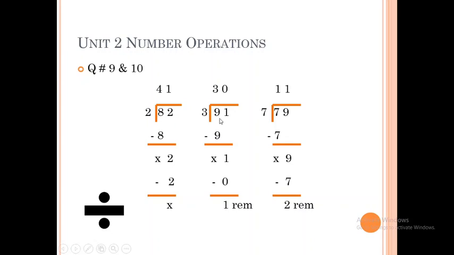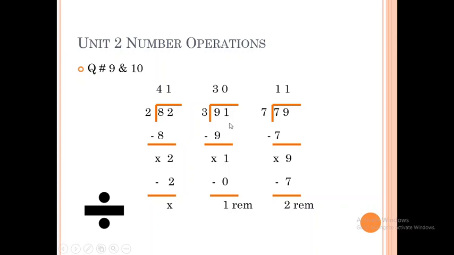This is the dividend and 3 is the divisor. See, this 9 is bigger than 3 and you can divide only the single 9 by 3. So 3 3s are 9. Do the subtraction, nothing is left. Now the next number is 1. You have to divide 1. Now see this one, I have used 3 zeros are 0 and then subtraction and then 1 remainder.